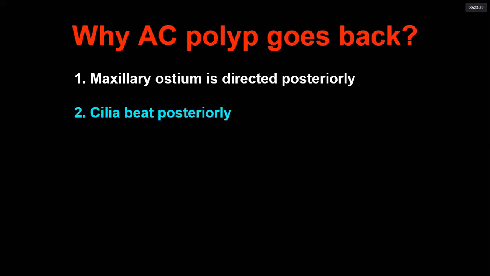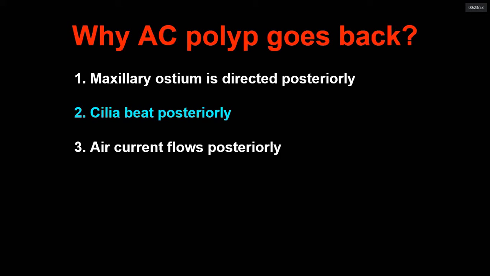Next is cilia, they beat posteriorly. In the first class, we talked about the physiology, and the cilia have the tendency to beat back, and also the nasal secretions are taken into the oropharynx because of the cilia beating posteriorly. All right, and as is obvious, the air current flows posteriorly, but you may also say that the air current flows anteriorly because we exhale. But when we inhale, there is laminar flow, and when you exhale, there are eddy currents.